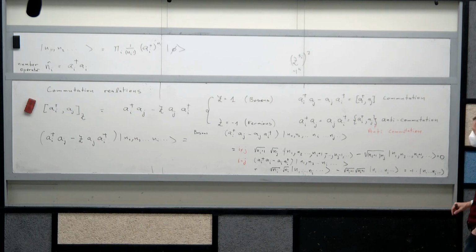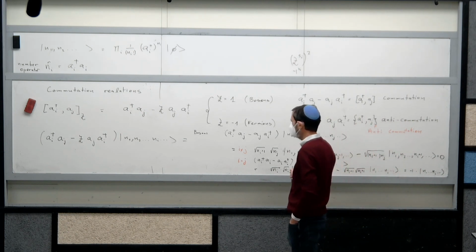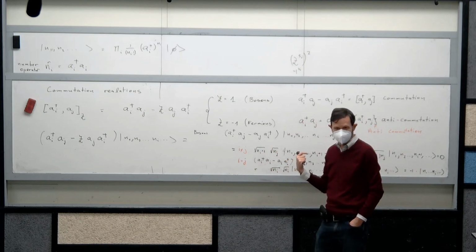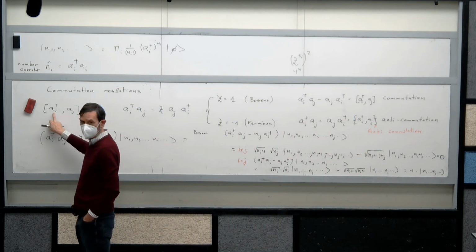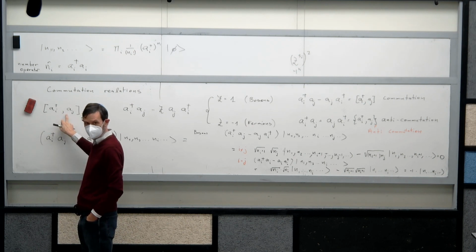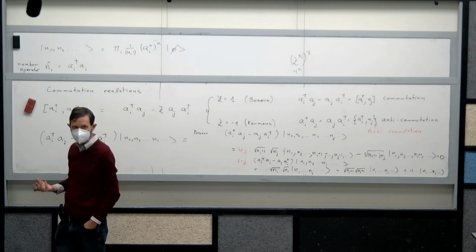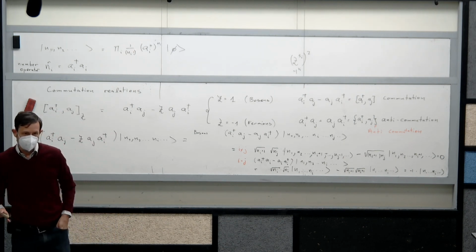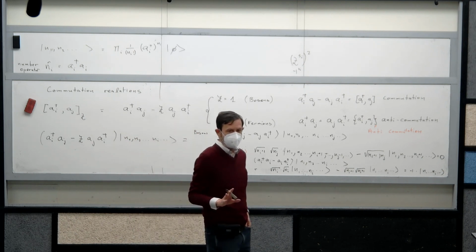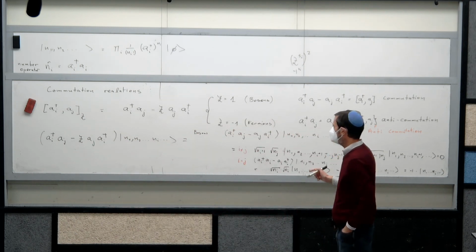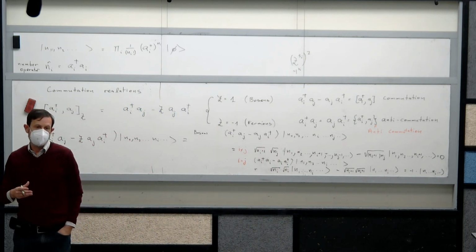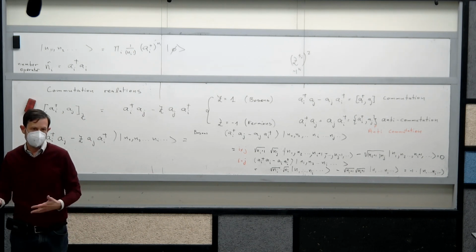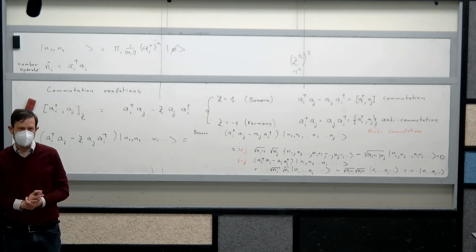So the commutation here would have given me -1. And if I would have chosen a_i and a_j dagger, what would I have received? 1. Okay, so basically the result of the commutation for bosons is delta ij. It's a plus or minus 1 according to the order. Okay? Not very surprising.